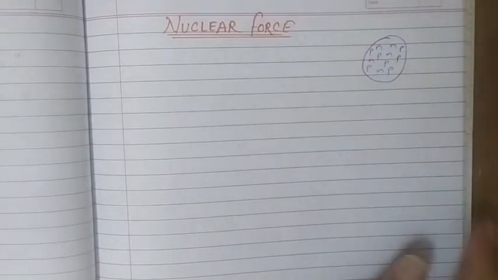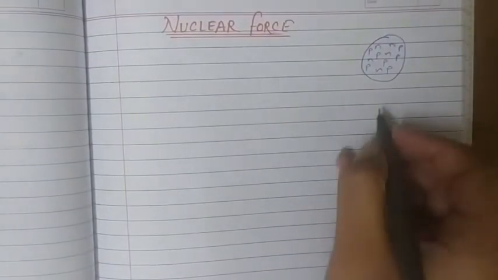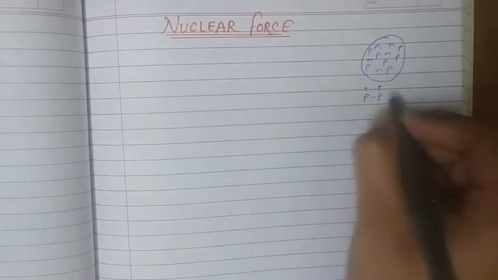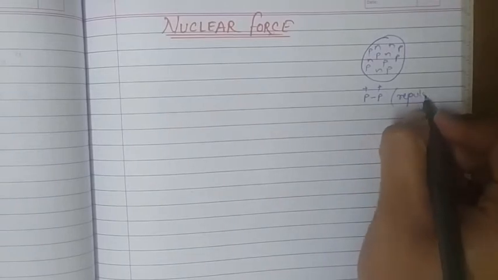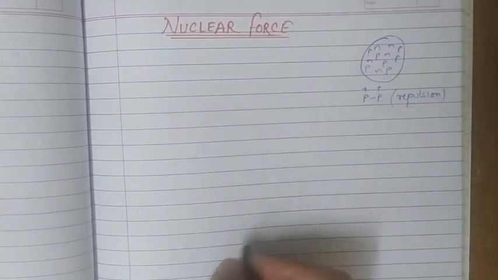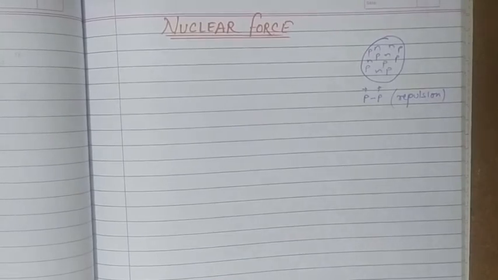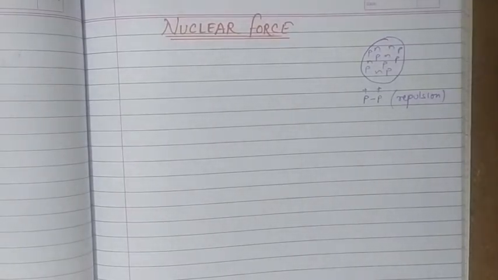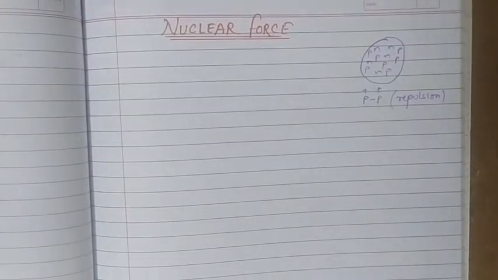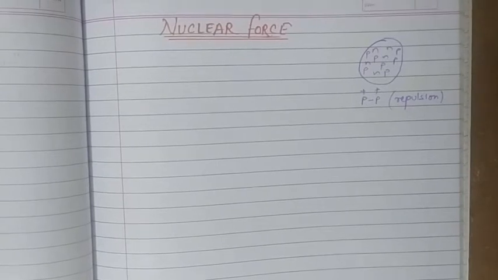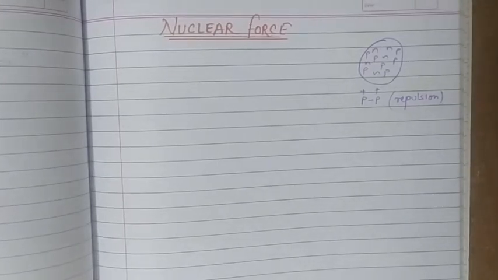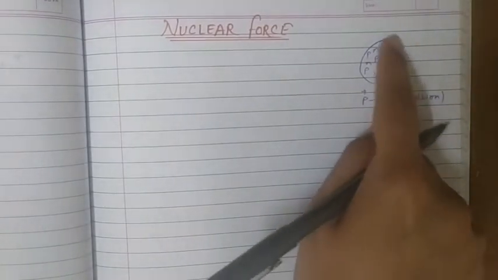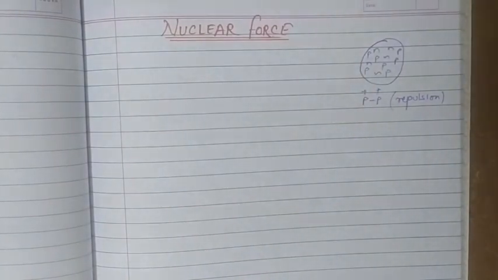If we talk about the electrostatic force of attraction or repulsion, protons have similar charge, positive, so they show repulsion, while proton-neutron and neutron-neutron pairs show no such electrostatic force of repulsion, because neutrons are neutral. But since the nucleus is bound together, with nucleons attracted to each other in a closed space, as we see in the density of the nucleus, there must be some attractive force which is holding all these nucleons together, right?